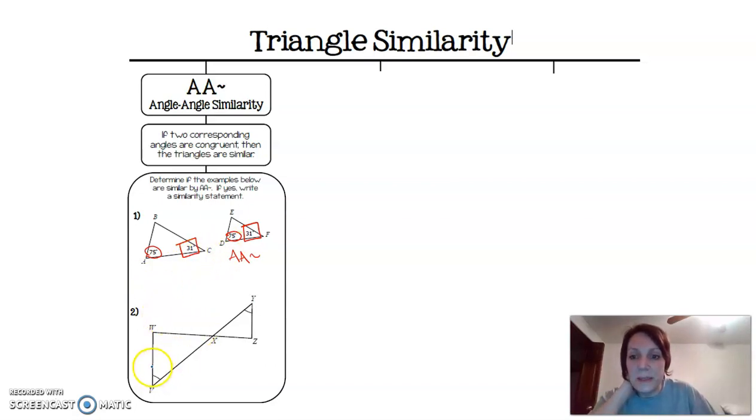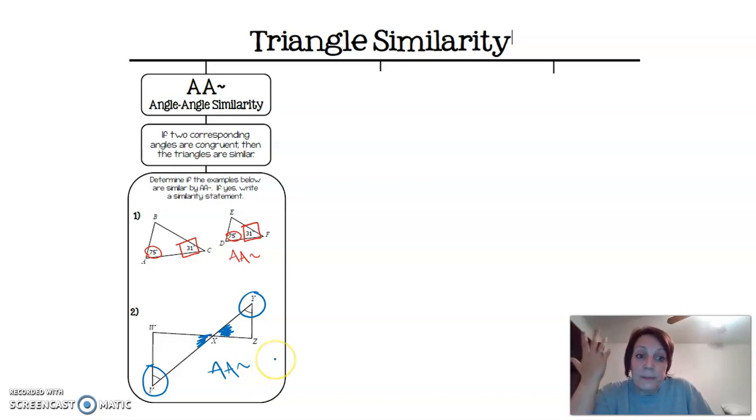So notice they marked a pair here, right? They marked V and Y. But in the middle here, they didn't mark them, but we know that these two angles are congruent as well because we have vertical angles. So they marked a pair of angles and we have a vertical pair of angles. So again, we have angle-angle similarity. Angle-angle similarity, there's not much to it other than two angles. So if you don't see two angles marked, make sure you look for stuff like a shared angle or a